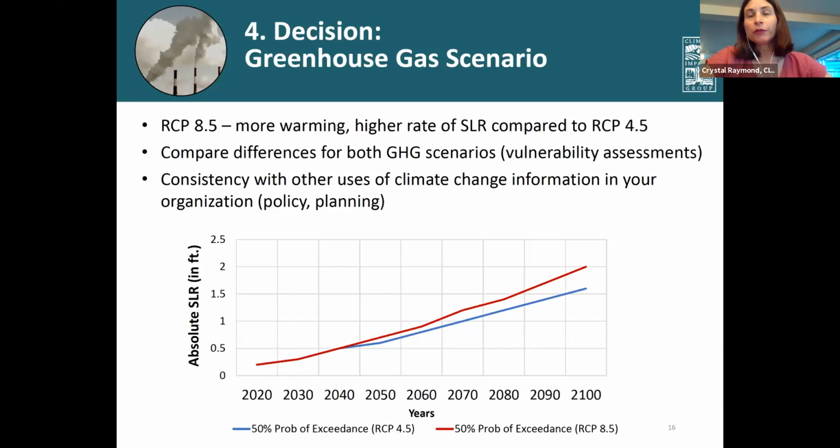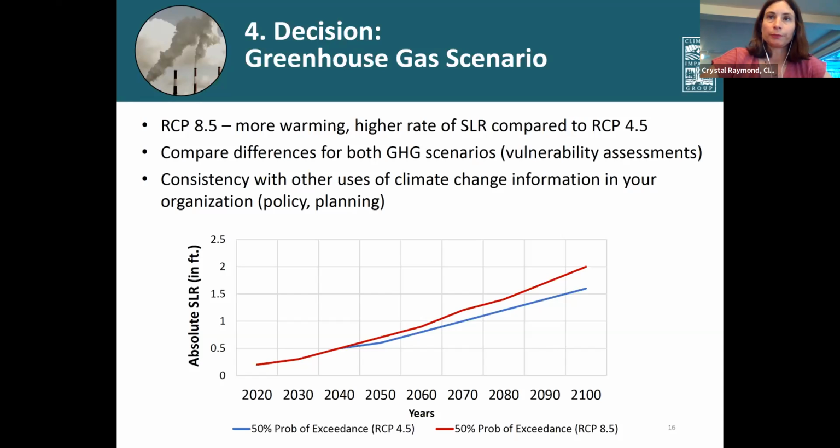The key information to know for this is that the RCP 8.5 greenhouse gas scenario is for more warming and therefore a higher rate of sea level rise that reaches a higher value by 2150, compared to RCP 4.5, which is a lower greenhouse gas scenario and therefore has lower warming and a lower rate of sea level